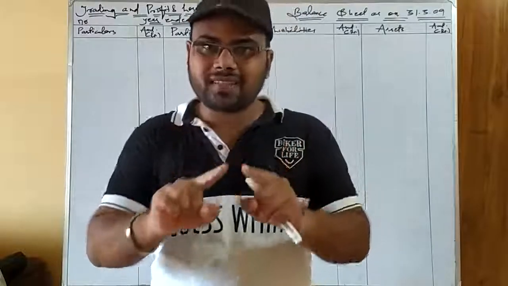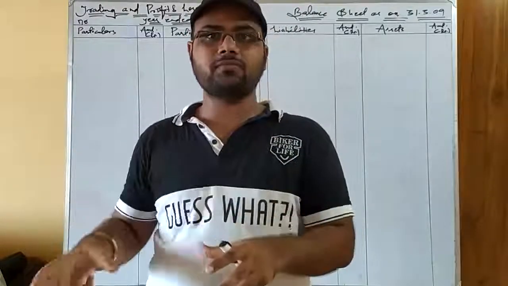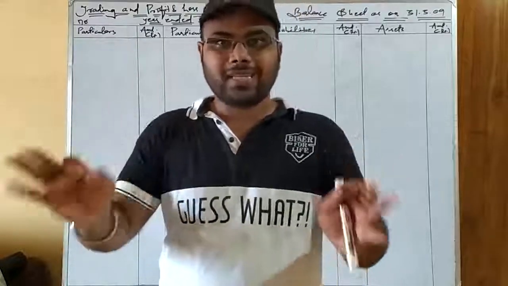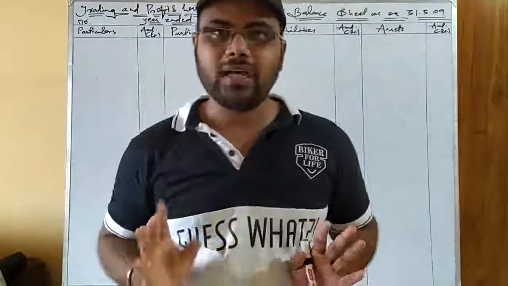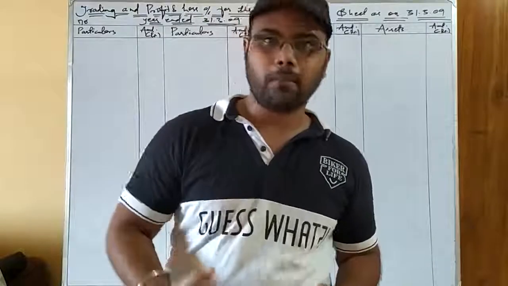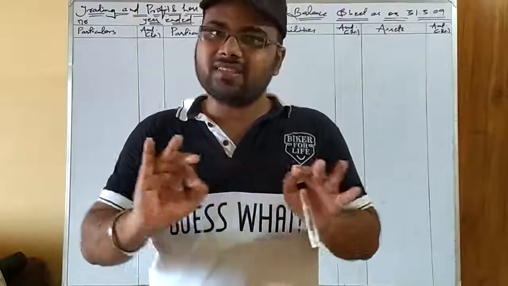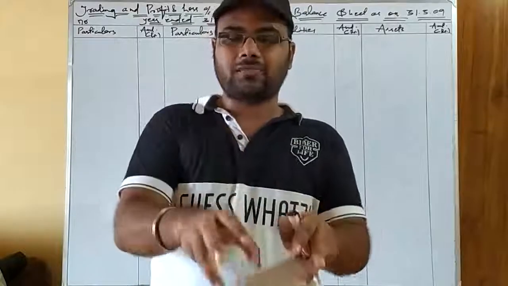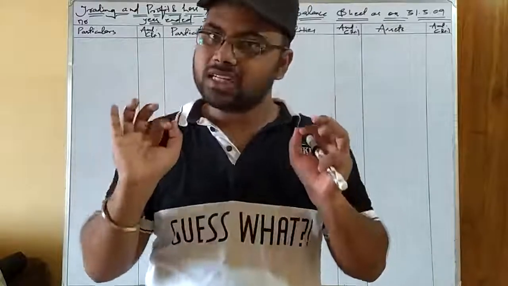Okay, so these are the 6 categories or the items that will make classification for the items that are appearing in the trial balance. When you get the items in the trial balance, first of all, consider or think in your mind whether it is expense or income, profit, loss, assets or liabilities. So, got it? These are the 6 categories that are required to transfer the items of the trial balance to any of the 3 financial statements.